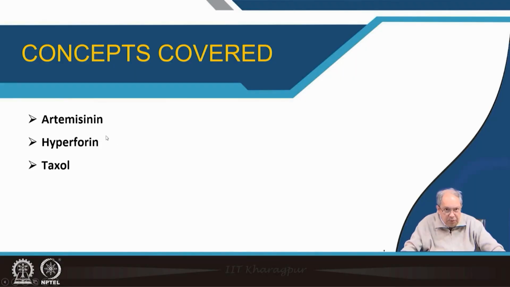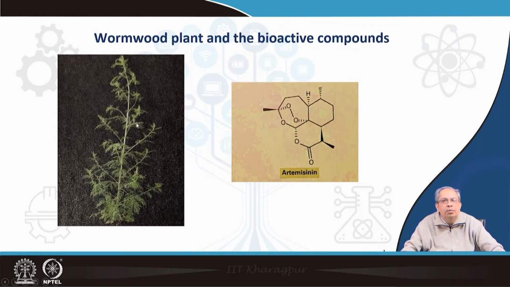So, concepts covered will be artemisinin, hyperforin and taxol. These are the molecules of pharmaceutical interest. So, artemisinin is basically a terpene. We have studied the terpenoid biosynthesis, and there I have mentioned about this